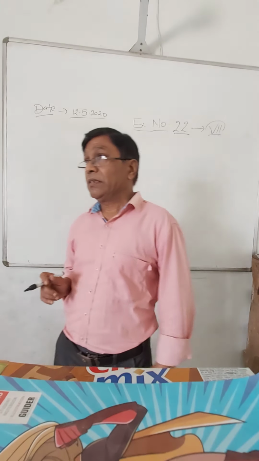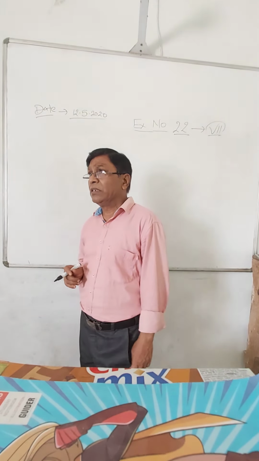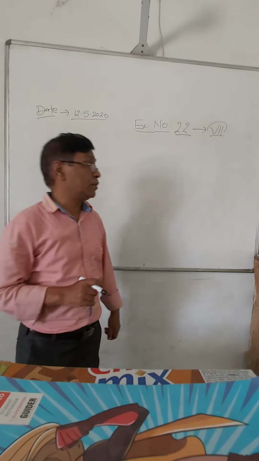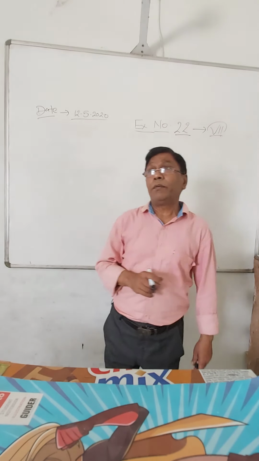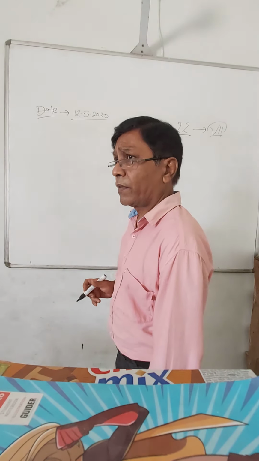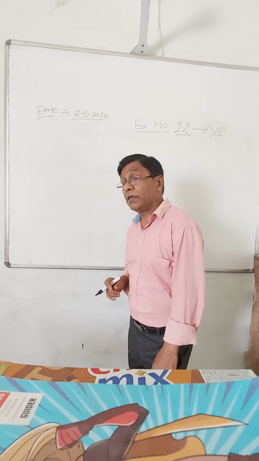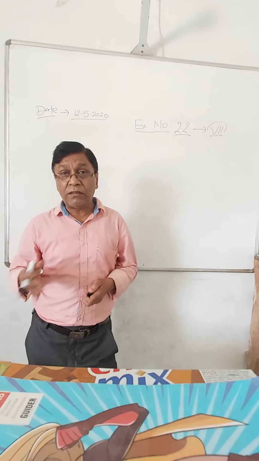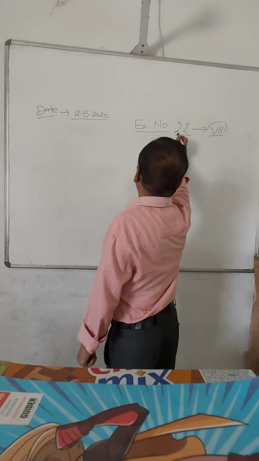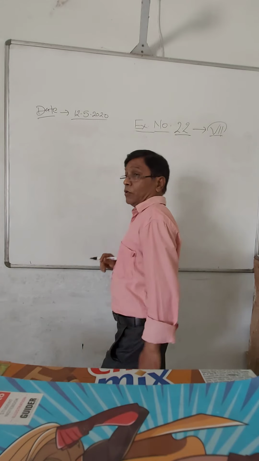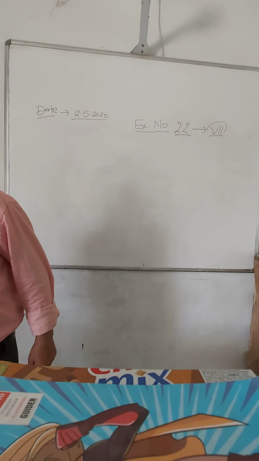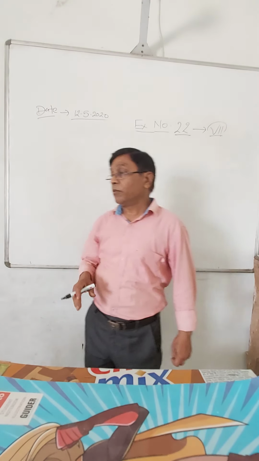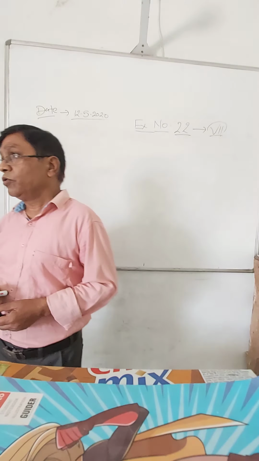Well, children, in the last class, in exercise 2.1, you studied the addition and subtraction of rational numbers and different word problems also. Now in the next exercise, 2.2, we will see product and division, and some word problems. So we will do that today.